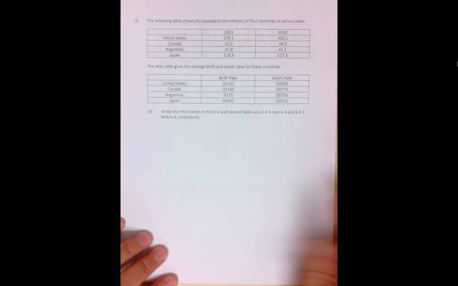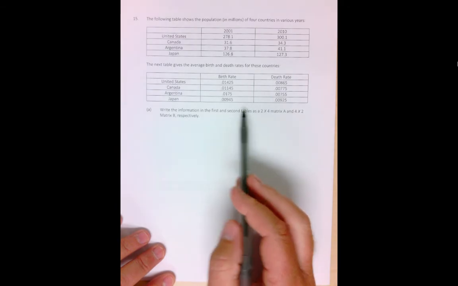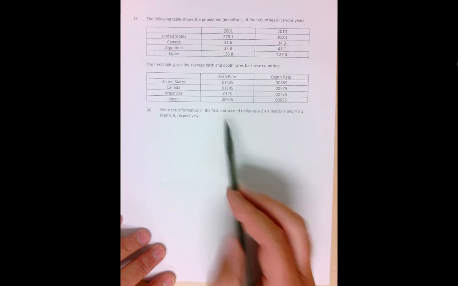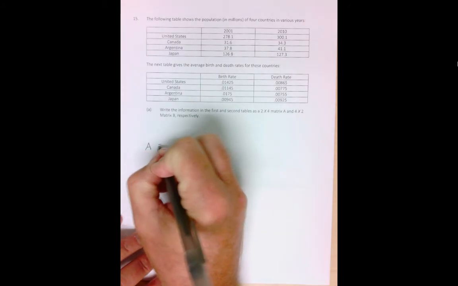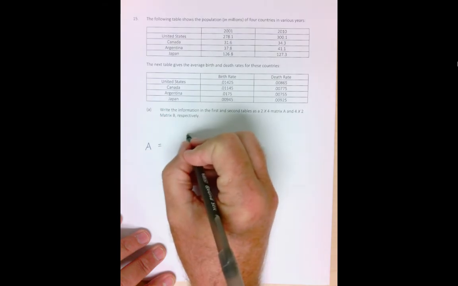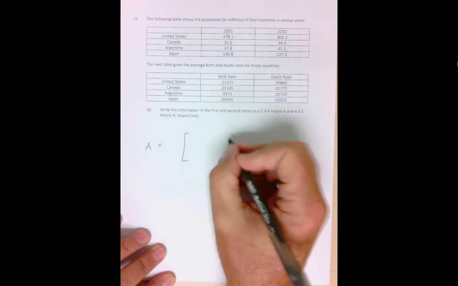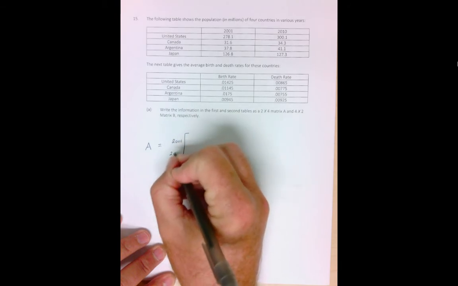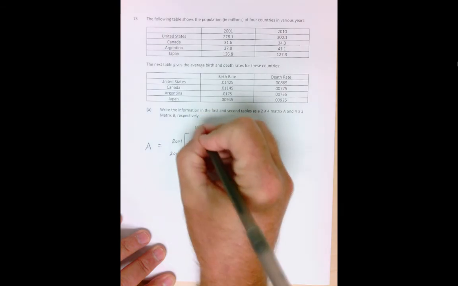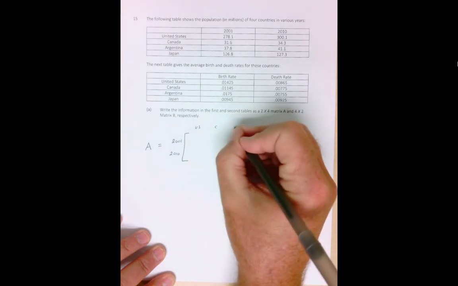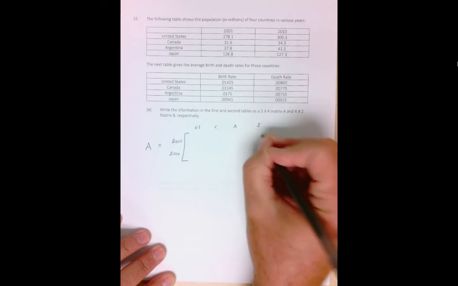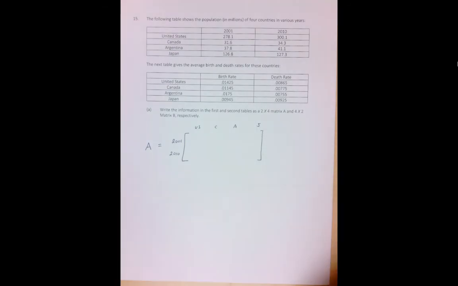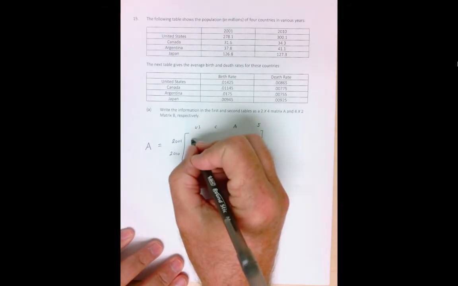All right. Write the information in the first and second tables as a 2x4 matrix A and a 4x2 matrix B. So I need a 2x4, so it looks like to get a 2x4, I'm going to have to put the years here in Canada, Argentina, and Japan. And what we're given here is the population in millions for various years. So I'm going to have